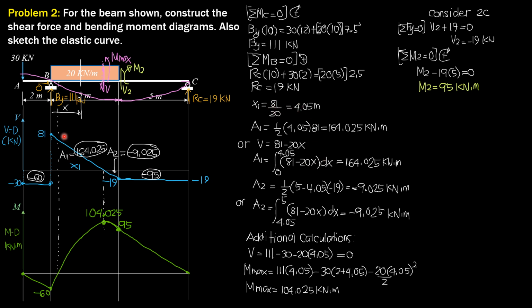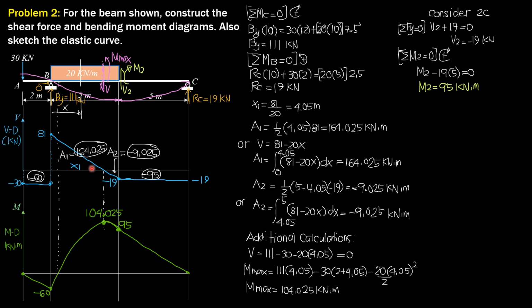Then area 1, the area of the region under the shear diagram for this situation, is 1/2 of x1, 4.05 times 81, so it is 164.025 kilonewton meter. Or the other way, since we established the shear equation, remember that area 1 is equal to the integral of the shear equation dx, or change in moment is